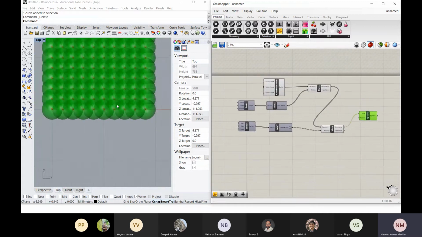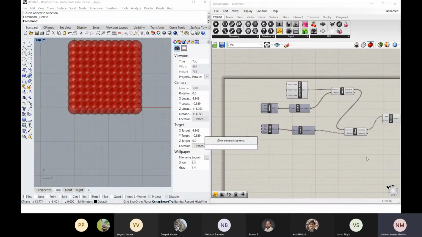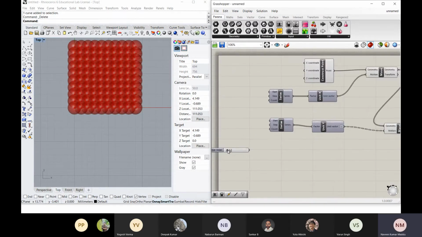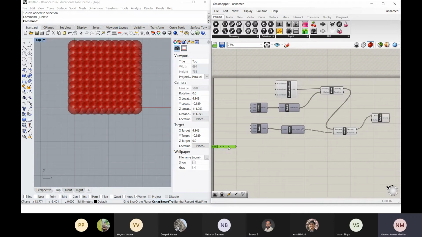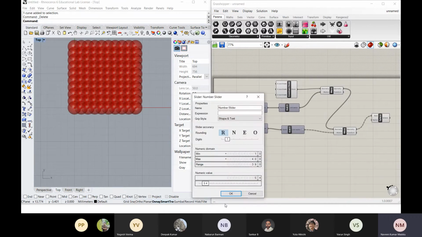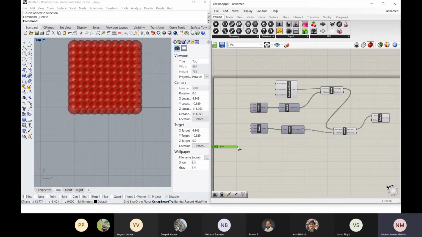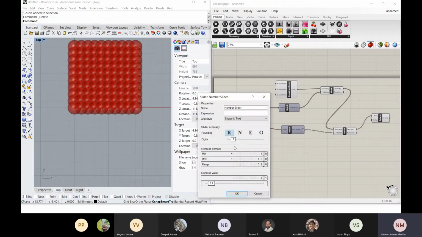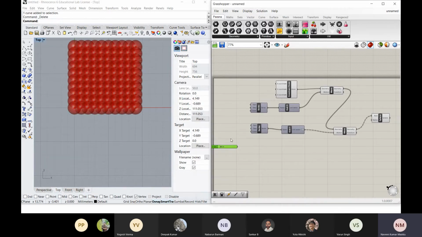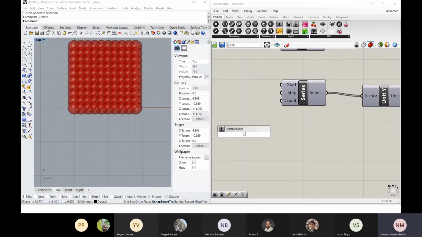You can see all the spheres have been created, but let me reduce the size of the radius, to 0.1, less than 0.1.